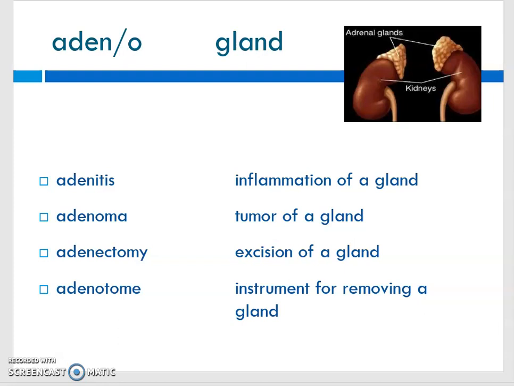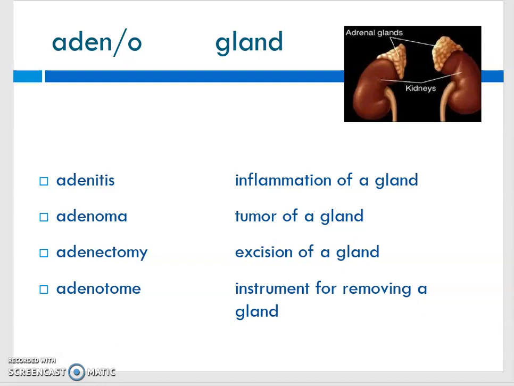Adeno is our term for gland, and we are going to learn a little bit about the endocrine system this semester. We will not be covering that chapter because we don't have time to do that. So when you get to physiology and anatomy, you'll be discovering the endocrine system. You will not have gotten much information from this class, but there were some words that will be significant, and